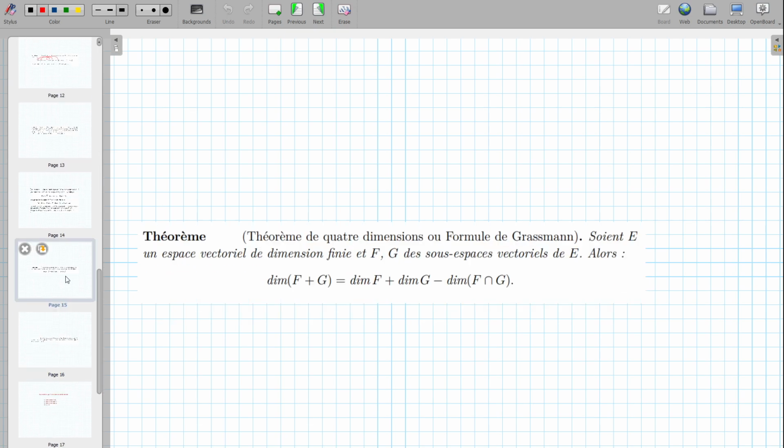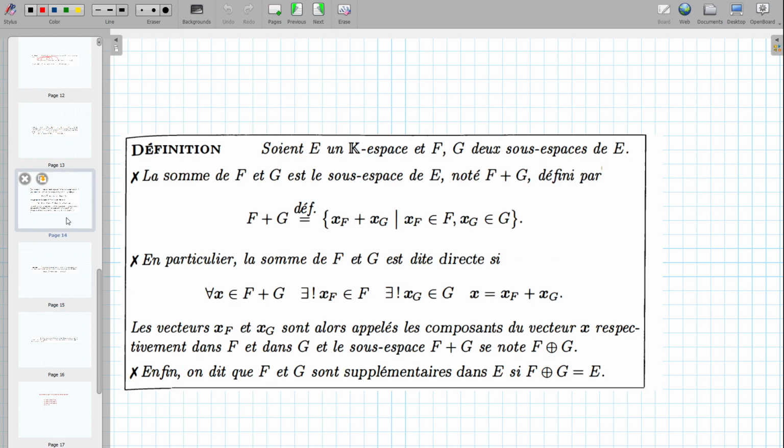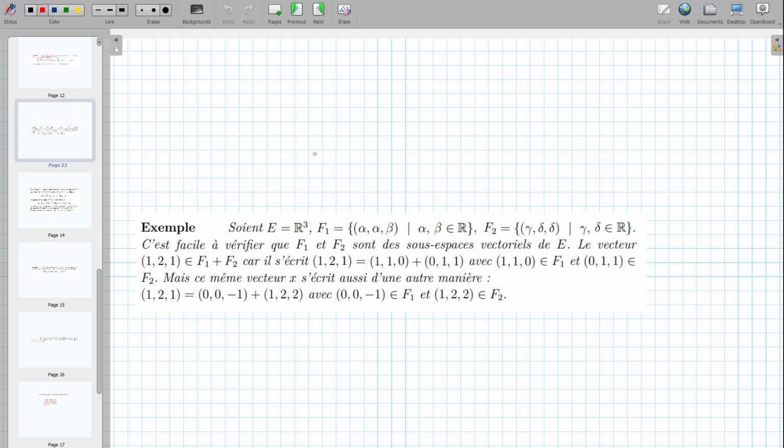So let me just locate where we are. Now let's define what it means for two spaces to be ensemble direct. Now there's one thing that I want you guys to understand about this sum, this new set that we've written. There's one thing that you are supposed to understand, is that we know that if I take a vector